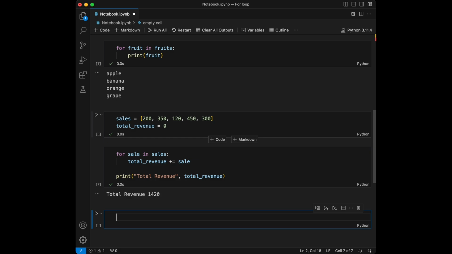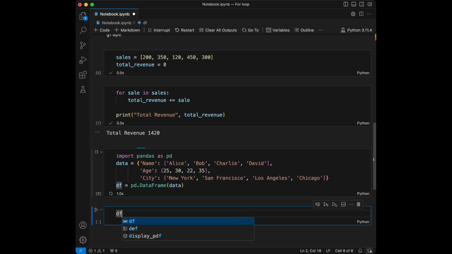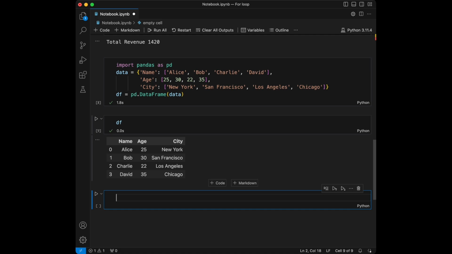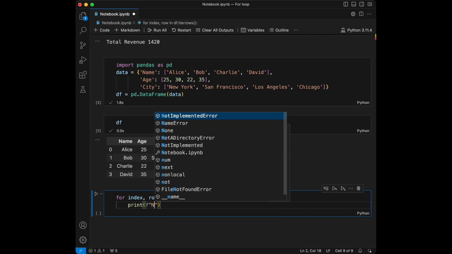Now let's create a mock pandas data frame and use a for loop to iterate through its rows. So I'm just going to make a copy paste. I'm going to import pandas, and then paste from my clipboard. I'm just going to set the data like this, name, age, city columns, and then I'm going to say dataframe is going to be pandas.DataFrame, and I will give the data. So when I call the data frame in here, we are going to see a data frame. So what I'm going to do right now is I'm going to say for index, row in dataframe.iterrows(), I'm going to say print, I will use an f-string, then name is going